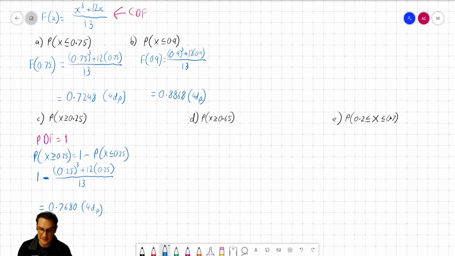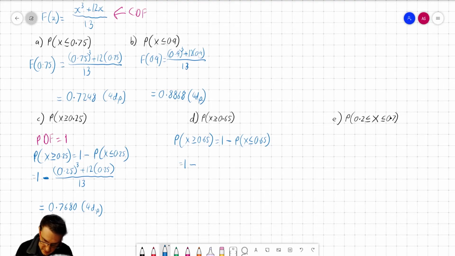All right, next up, similar one again. This time it's up to 0.65. So again, what we're going to do is we're going to rewrite this in another form. We're going to have 0.65. This is going to be equal to 1 minus P of x being less than 0.65. Okay, and as we apply this here, we end up with 1